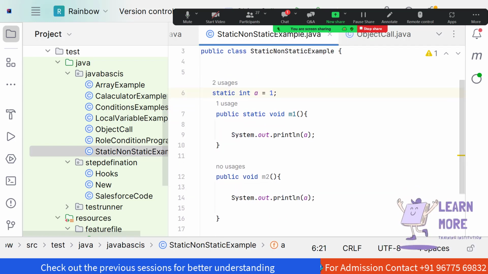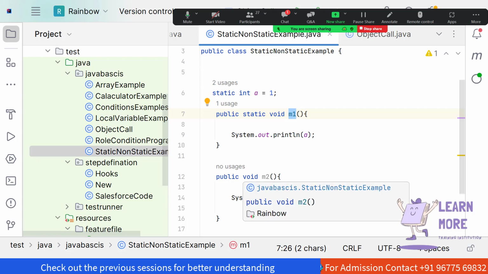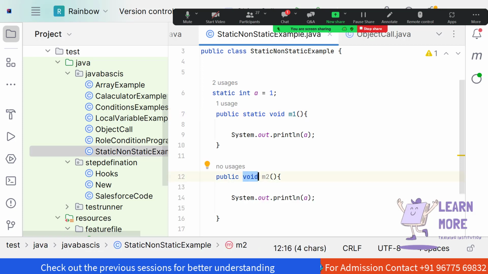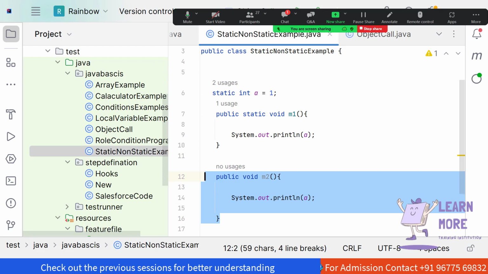Okay, so what I told is that we should remember two things. One is that the static method will accept only the static data, and the other point is that the non-static method will accept both static as well as non-static data. And the next thing is that if we need to use a non-static method,